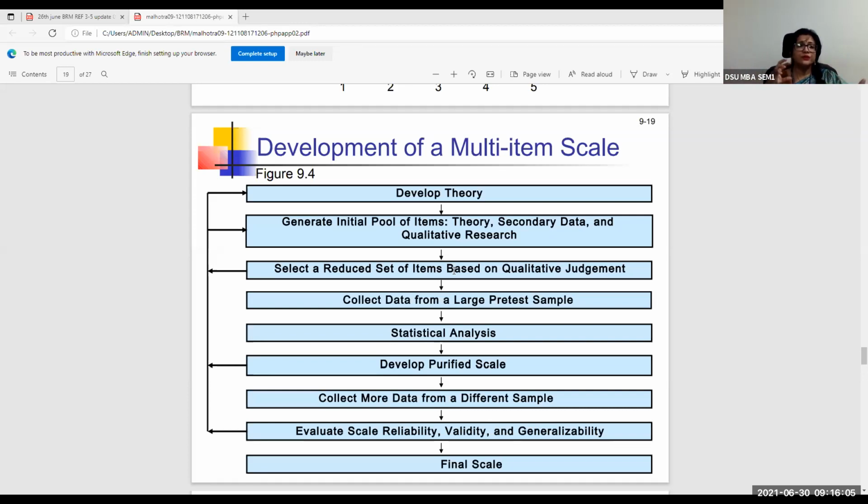So you should be able to reduce the set of items to a number that is going to explore what you really want to find out, ensuring that you don't create too much clutter. All right, then you need to collect the data from a pre-test sample, which means once you make the set of items, administer it to a sample of people who are similar in characteristics to the main population of interest of your study.